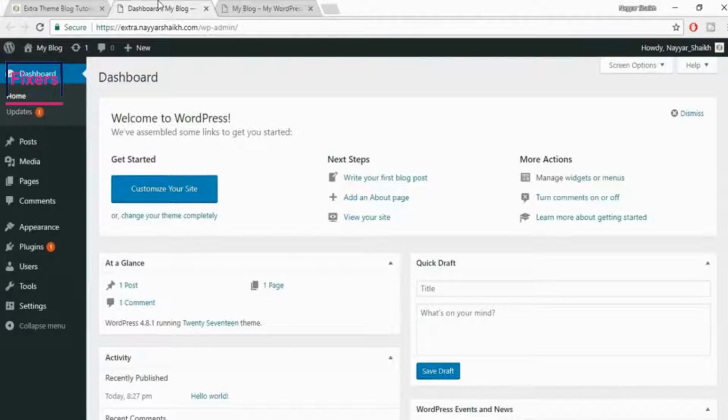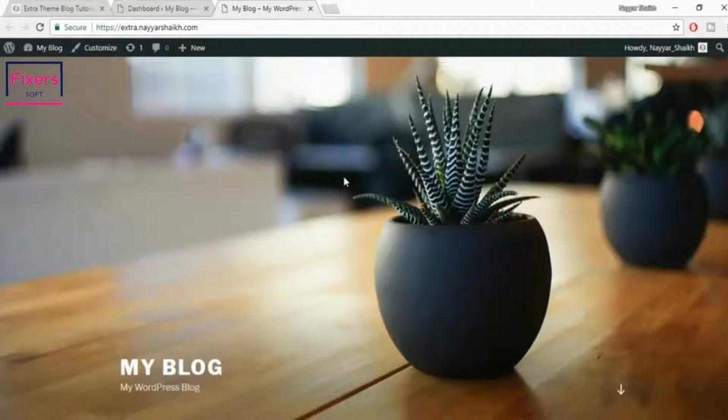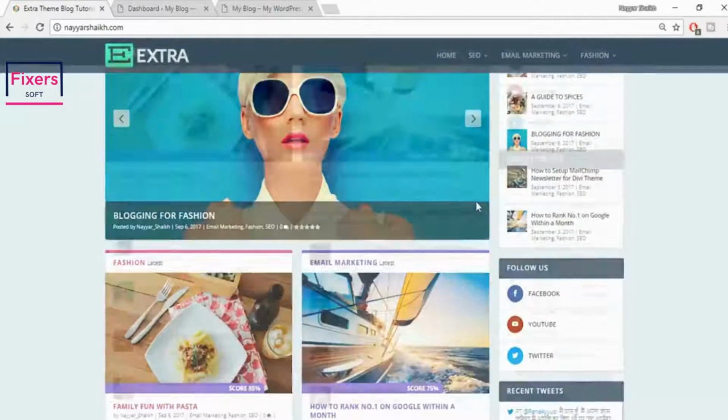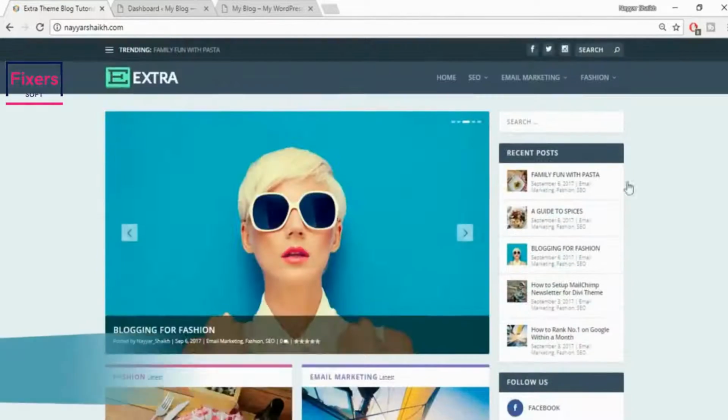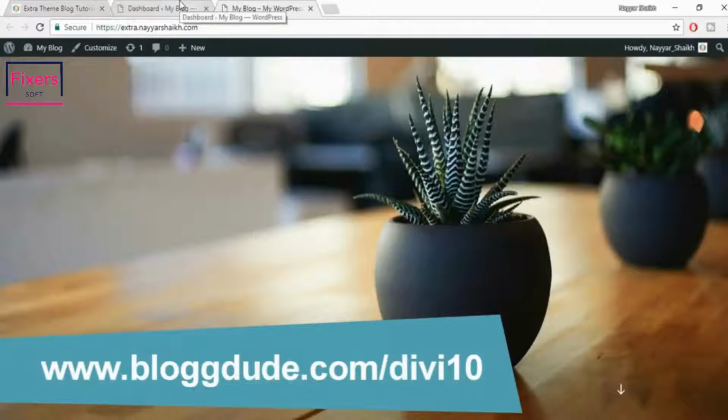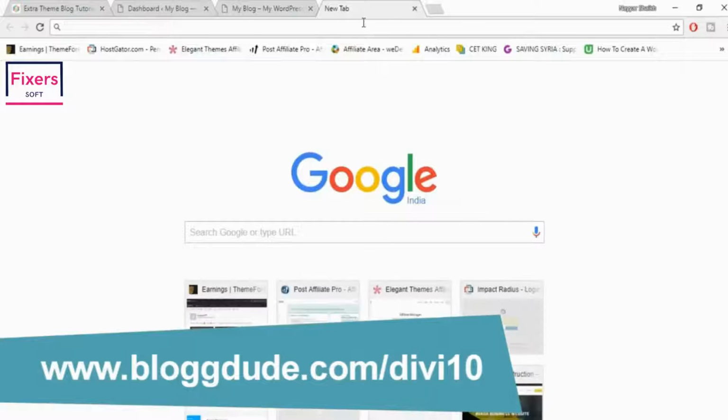Now it's time to install the theme. Okay, the theme which will change the look of this website and make it a beautiful website like this. Okay, so for that we use a theme. So what you have to do, again open a new tab, type in